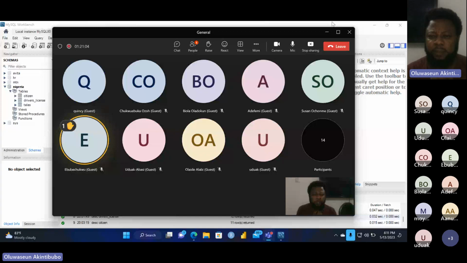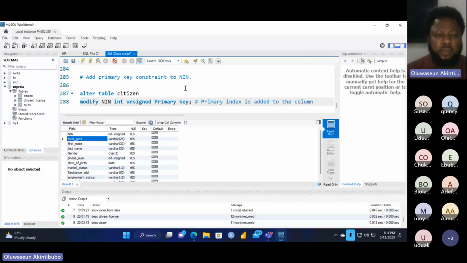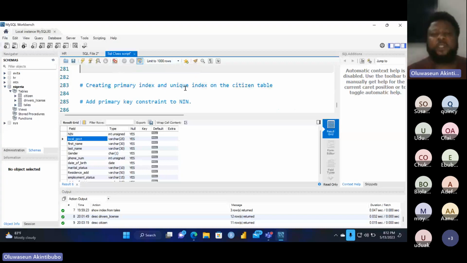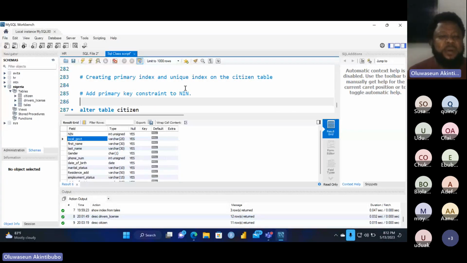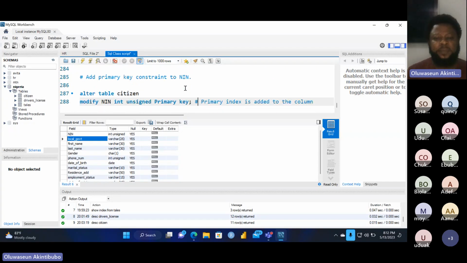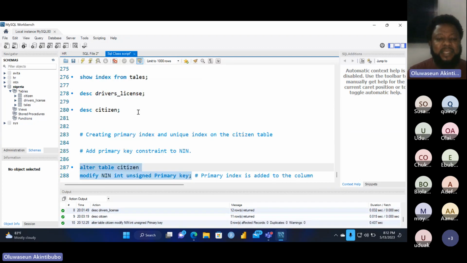So yeah, what we are trying to do is I wanted to create a primary index and a unique index on the citizens table. And the first thing I want to do is to add a primary key constraint to the NIN column, right? And I know that if I create a primary key constraint on the NIN column, it is going to automatically create a primary index on that column for me. So that is what I'm doing here. So if I run that, right,